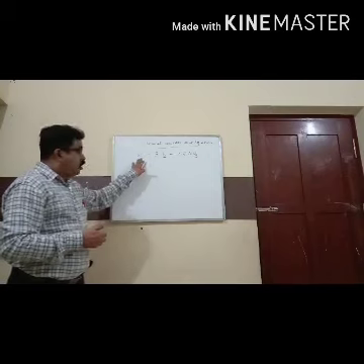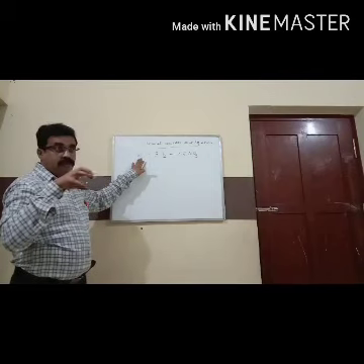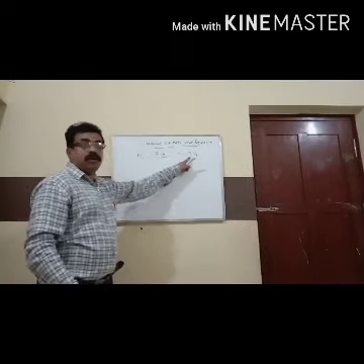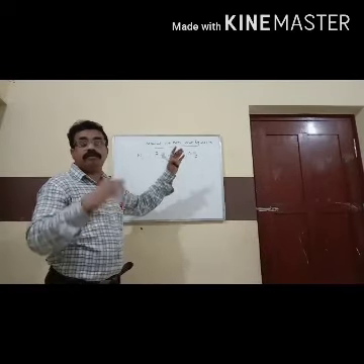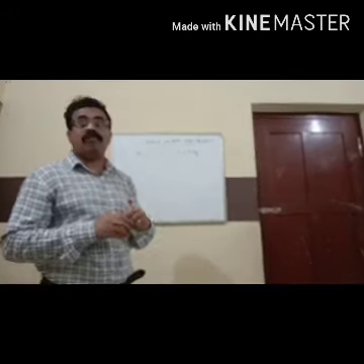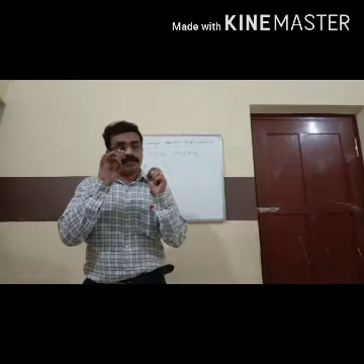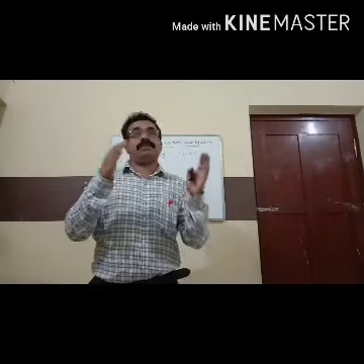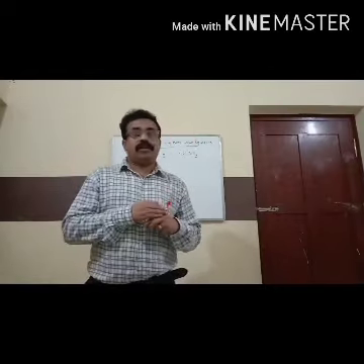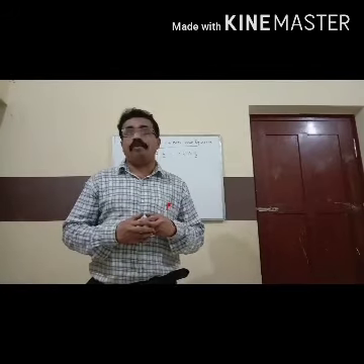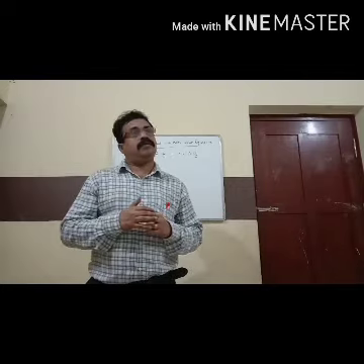Here, a smaller molecule of nitrogen and a smaller molecule of hydrogen combine together to form a compound, a bigger molecule, ammonia. So this is an example of a combination reaction. A combination reaction is a reaction of two or more substances, that can be an element or a compound, which combine together to form a bigger product.